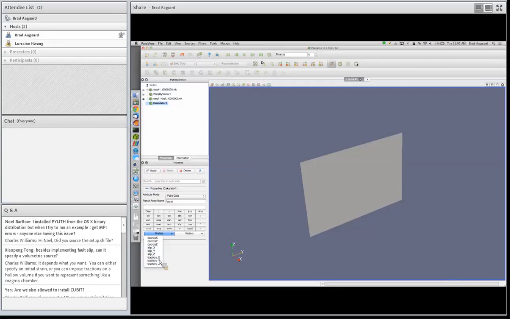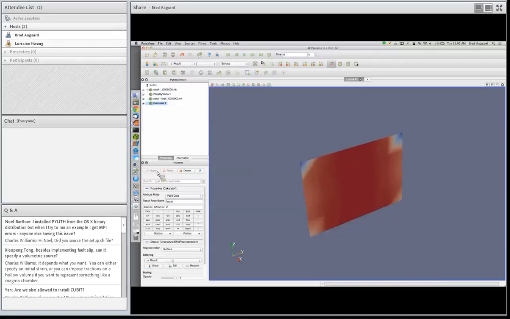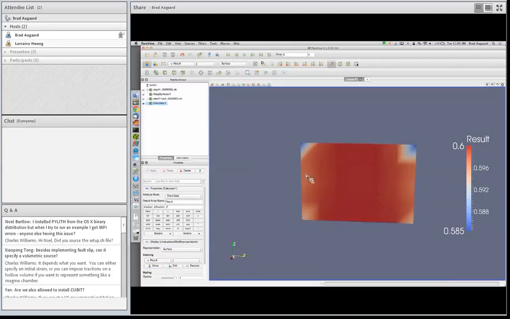So I'm going to use the shear, first component is the shear component, and I'm going to take minus that divided by the normal component, which is the Z component. Show what that looks like. You'll see that at the corners, or for almost all the domain, it's 0.6. That's what we want. That's consistent with our coefficient of friction of 0.6. You notice the corners are slightly different, and that's because